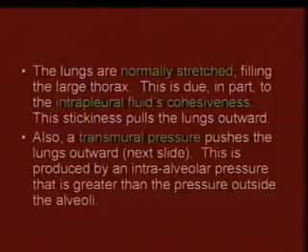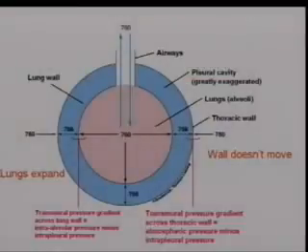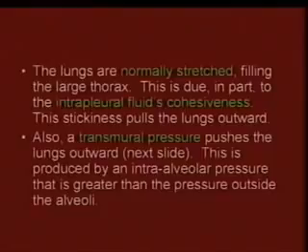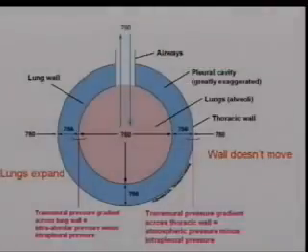Now, if you look, it talks about intrapleural, transmural pressure pushing the lungs outward, that kind of thing. Let me show you what I'm talking about. Here's a label of the different pressures going on. We've got atmospheric pressure coming in, and then it sort of balances itself out until it's about 760 on the inside as well. Diffusion, right? Things are going to continue to diffuse until it sort of equals itself out. Same thing with gases. So we know that this pleural cavity here is always about 4 less